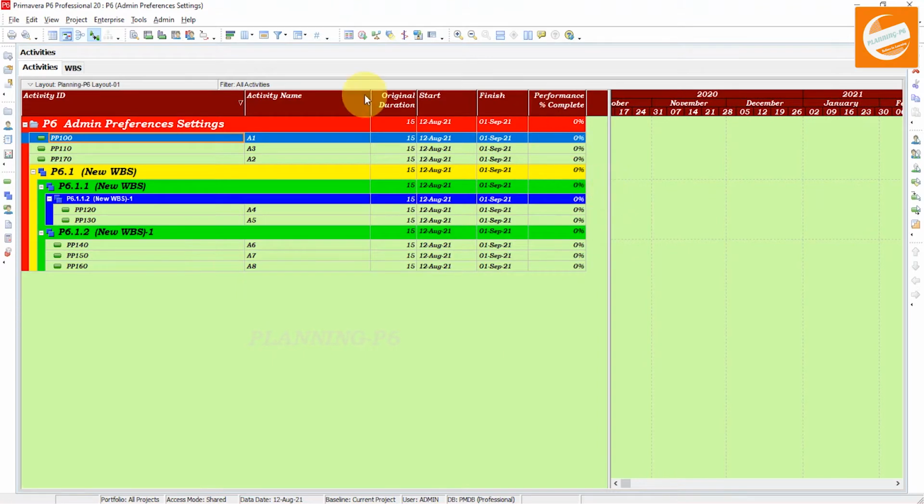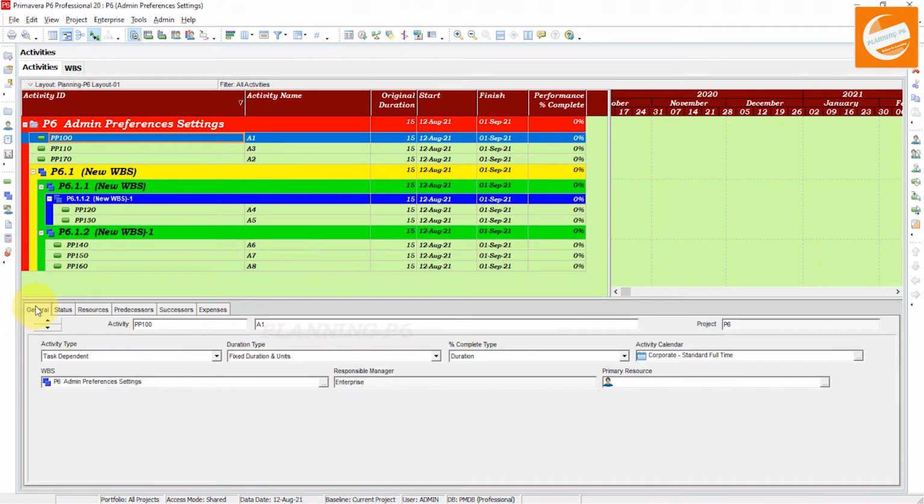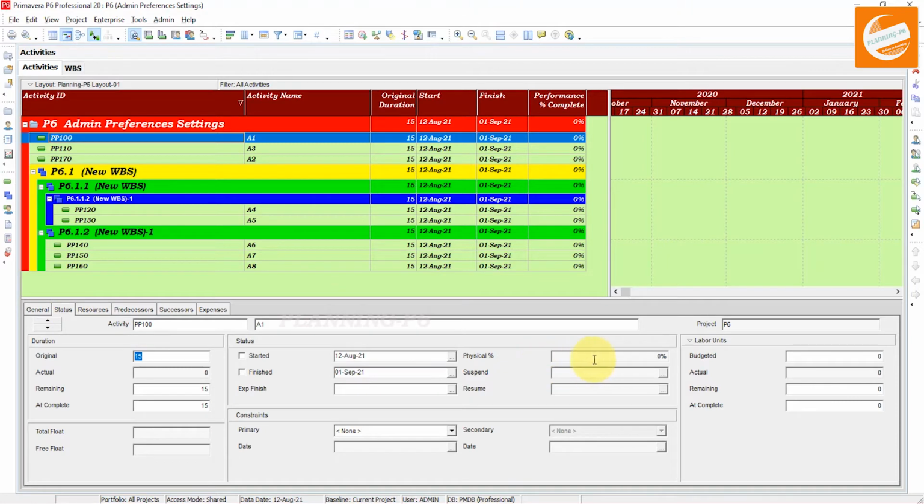Now we will show the activity tab here, the detail tab, bottom layout, and in the general you can see these three completion types. When you complete one of them which is assigned to your project, physical units or performance, if you complete 30% in the status tab, my performance setting is that.